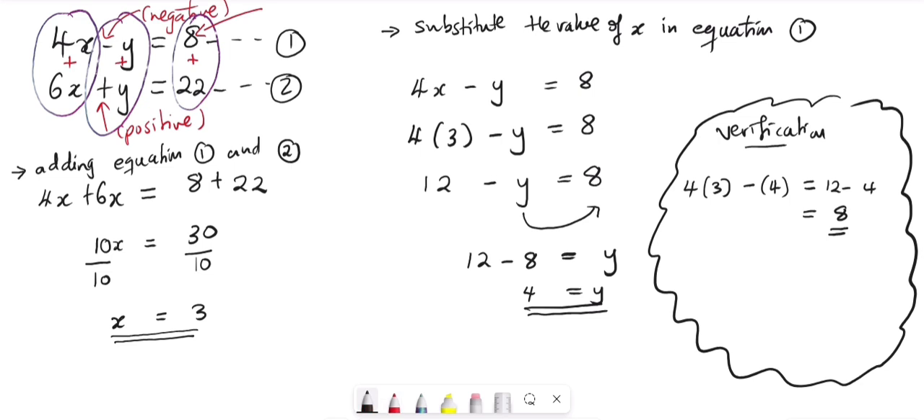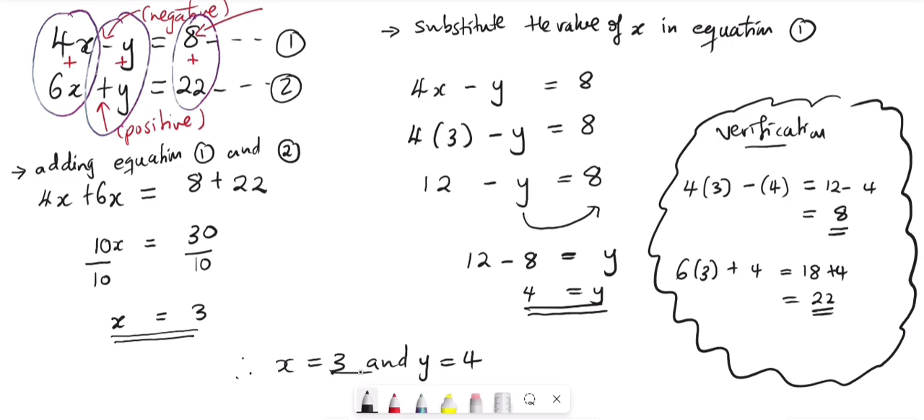We can use the second equation as well. 6 open bracket with 3 there, plus 4. This will give us 18 plus 4. You realize the answer is 22. So perfect. It means our answers are correct. So therefore, the x value is equal to 3 and the y value is equal to 4. This is how we solve simultaneous equations. Okay, so in my next video, I'm going to explain